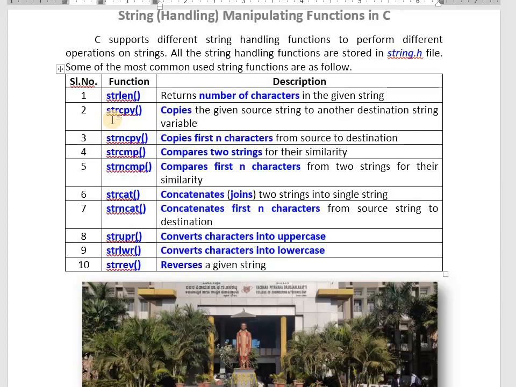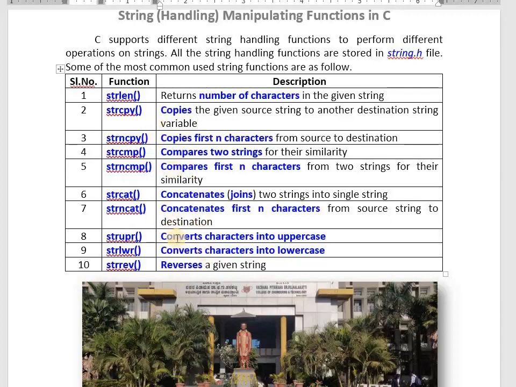That's why in the examination they mention clearly: write a C program to find the length of a string without using built-in function. Write a C program to copy one string into another string without using built-in function. Write a C program to concatenate. Write a C program to compare. Write a C program to reverse. Write a C program to check for palindrome. Already I taught you these programs.